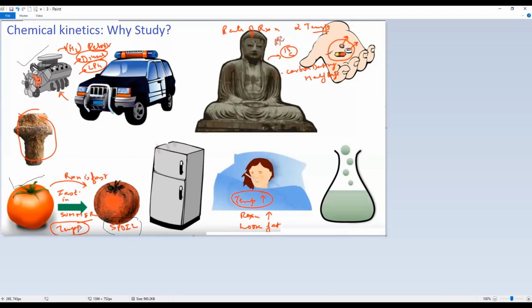the temperature. So it's really very important to understand how a rate is related with the temperature, so that we can monitor or control the rate of reaction. Here we can control the rate of spoiling of the tomato if we decrease the temperature by using the refrigerator, right? So another example over here, most of the pharmaceutical industries use this chemical